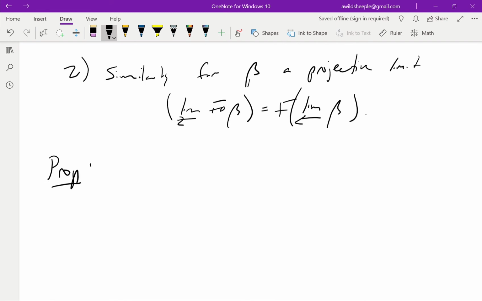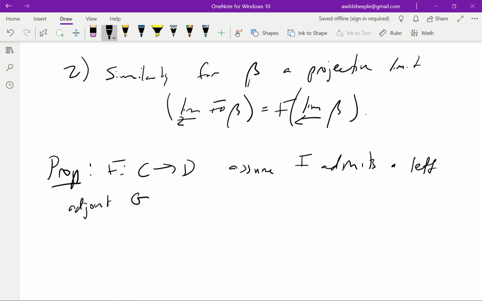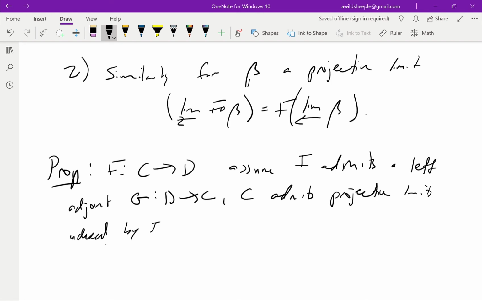Proposition. As above, F will be some functor, and we'll assume F admits a left adjoint, which we'll call G, which will of course go in the reverse direction. And we assume that C admits projective limits indexed by I. In practice, when you're actually doing these calculations, the categories you're interested in are always complete or co-complete, so it's no big deal. And then I claim